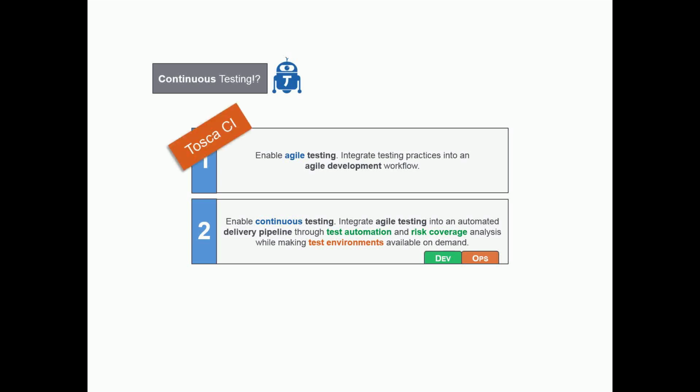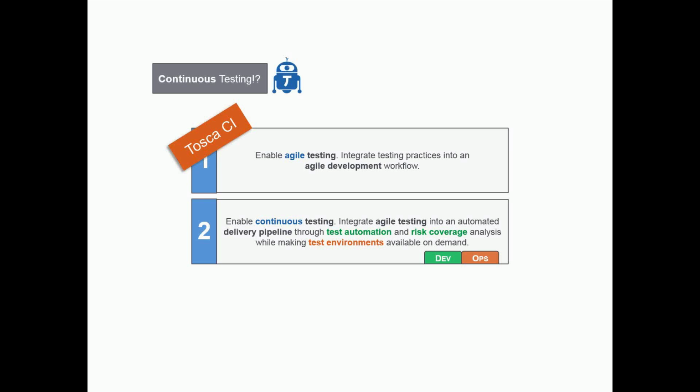And this is where TOSCA and specifically TOSCA CI kicks in. With TOSCA CI, we provide a possibility to seamlessly integrate TOSCA into your existing continuous integration tool environment. You can trigger test execution directly from your build tool. And what I wanted to mention at that point is